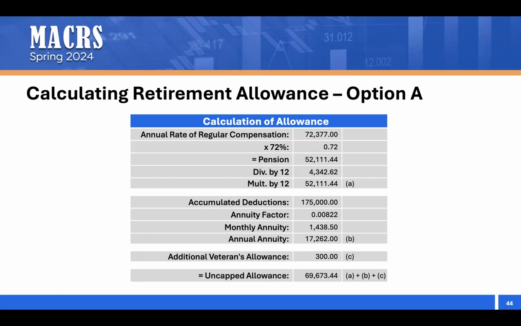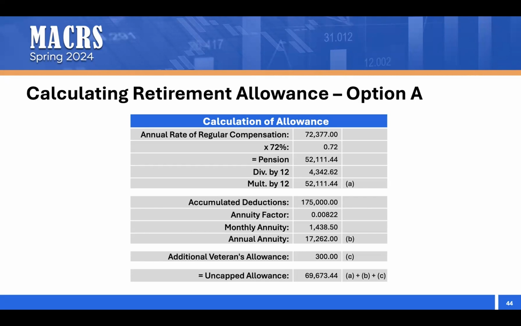And in this case, it's for a member age 64 years old. The factor is 0.00822. Multiply those two numbers together to get the monthly annuity. Multiply by 12 to get the annual annuity. So the annual annuity ends up being